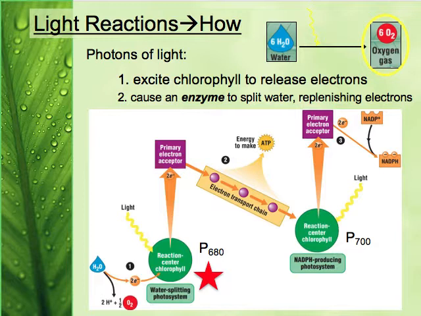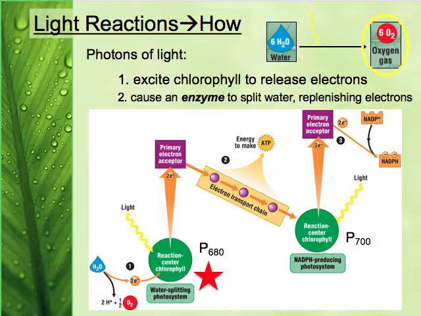Now, splitting water molecules by using both energy from the sun and an enzyme, those important proteins found in cells, this allows us to actually split the water. And when we split the water, it releases oxygen as a byproduct. So it's kind of interesting how the very first stage of the light reactions is where all of the oxygen gas comes from. The electrons end up getting transferred to the primary electron receptor and then passed down an